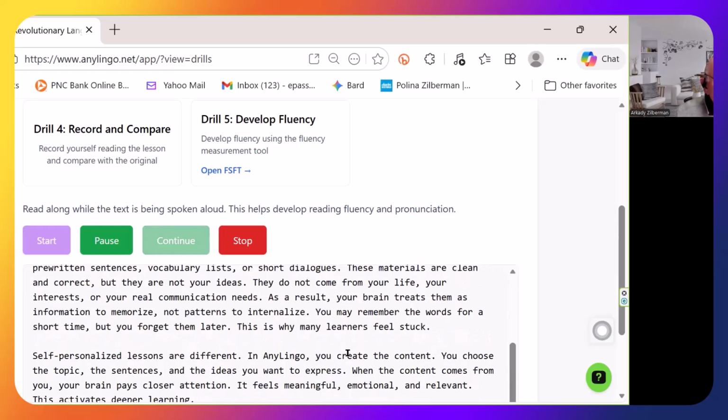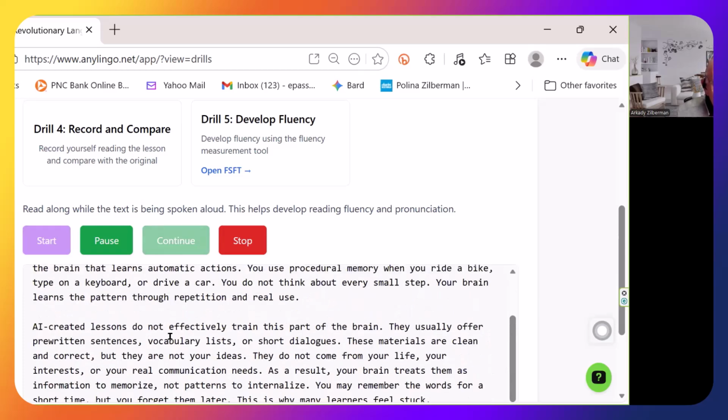this part of the brain. They AI usually created offer lessons do pre-written not effectively sentences, train this part vocabulary of the brain. lists, or They short usually dialogues. These offer materials are clean and pre-written correct, but sentences, they are not your vocabulary list, ideas. or short They do not dialogue. come from your life, your interest, or